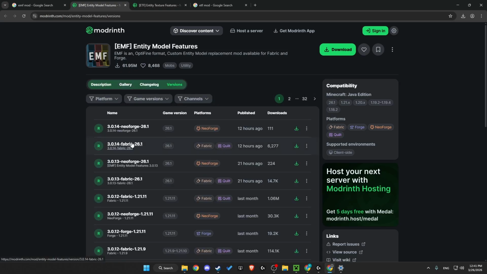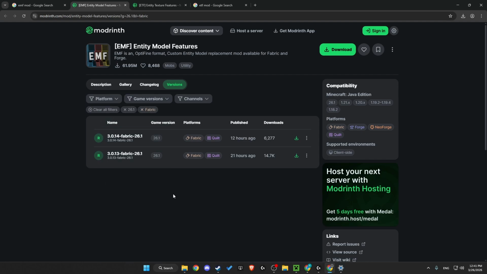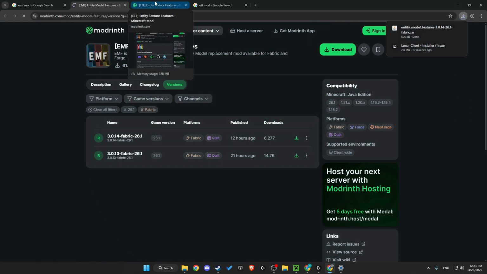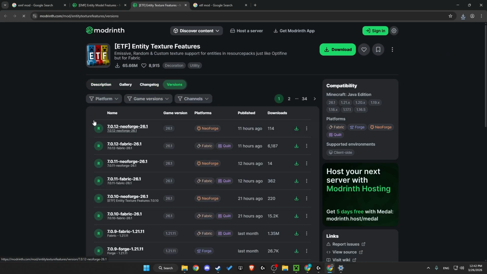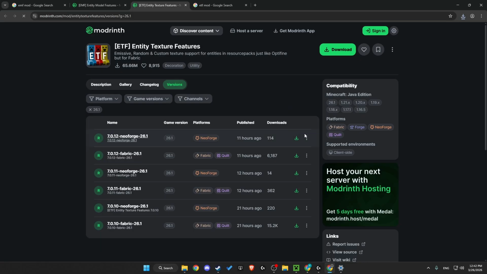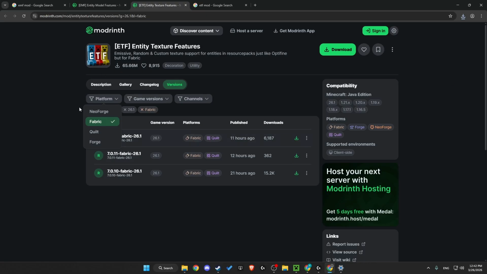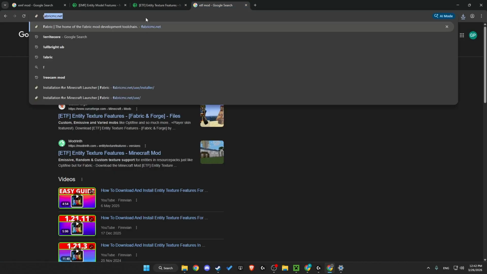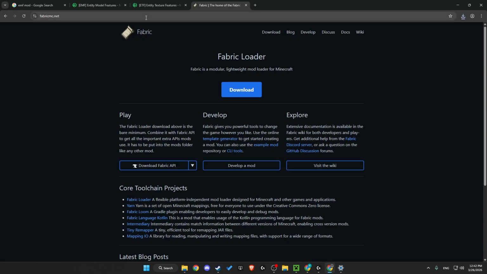So first of all, go to versions, then go to platform, select Fabric, Game Versions 26.1, and then download it here. Then go to Entity Texture Features versions. Then you need to go to 26.1 and download it as well for Fabric, not for NeoForge. I'm sorry, for Fabric. Then what you need to do here is to go and write on Google FabricMC.net, press